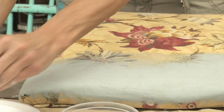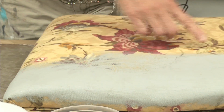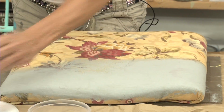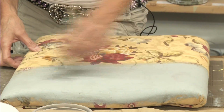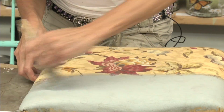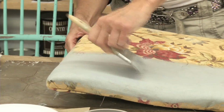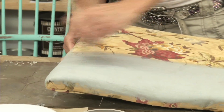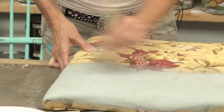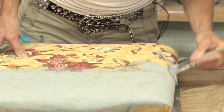And what you'll find with it is, if your fabric has a pattern like this, I didn't even realize it did, but you start to see it when you paint it. You'll see that pattern kind of coming through again. So if it's something like swirly circles and you don't want to see those anymore, well, you're still going to see them if you paint it a solid color. They're still going to kind of come through. But we've done this a number of times, and the pieces have actually sold, so it's not just like it's kind of ugly and